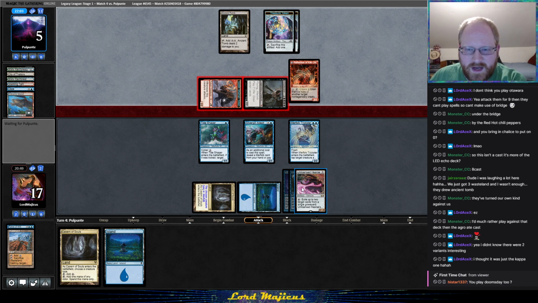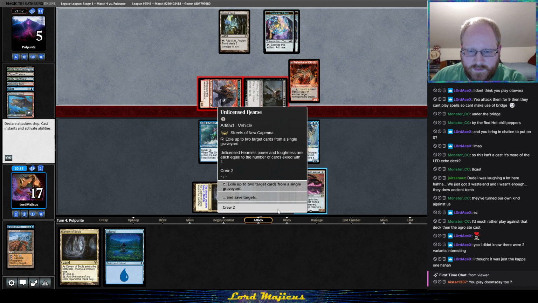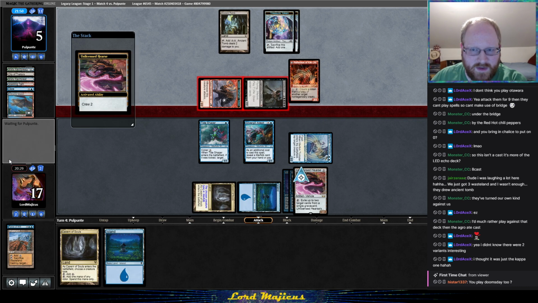So I guess the other option here is I can actually turn the hearse into a creature and then block something. If I draw a Trickster, I can get past this. Actually, right now I have lethal, right? Because they have to play another creature or they're dead. So I mean, I guess this doesn't particularly matter, but...